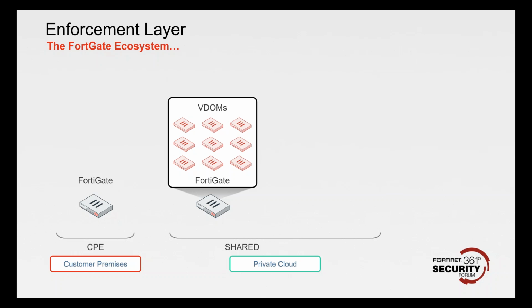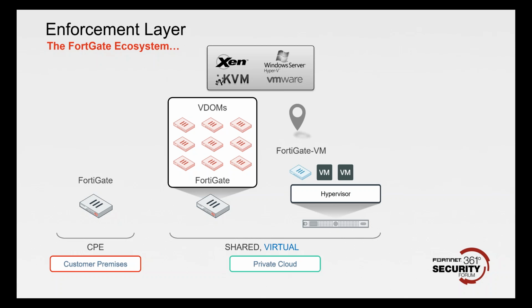And we could also be talking about within the private cloud, someone implementing that within a virtual environment as well. So implementing FortiGates as VMs within a VM environment using things like ESXi. We could be using various other platforms that we can run the FortiGates on as well, and that allows us to effectively manage each one of those. And every virtual instance we regard as a FortiGate when we're running them in those environments as well. And that covers including the KVM, the Linux-based platforms, Zen, VMware, and the Hyper-V platforms as well.